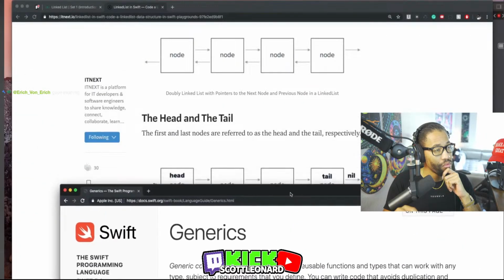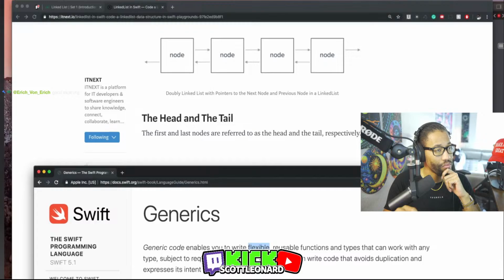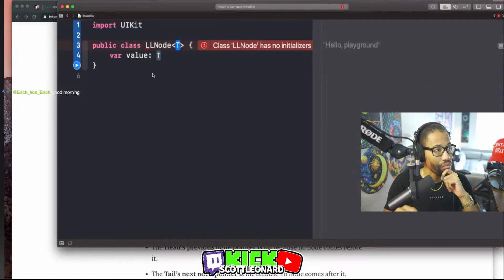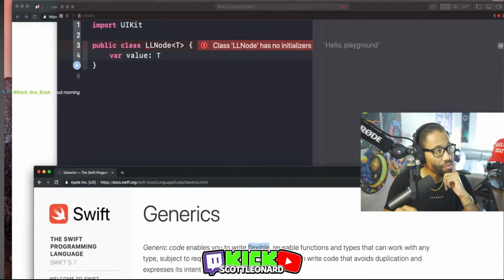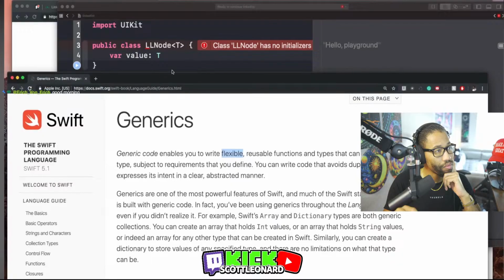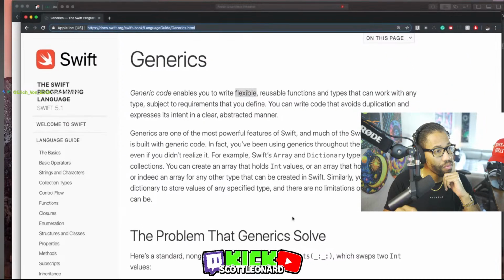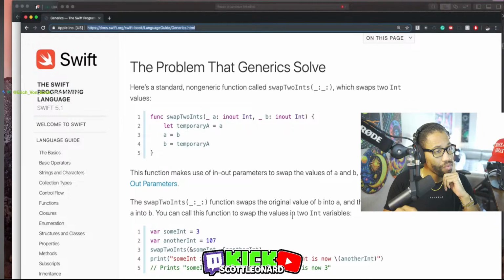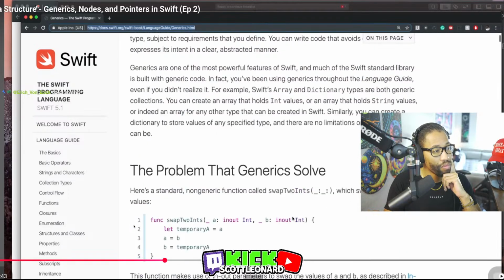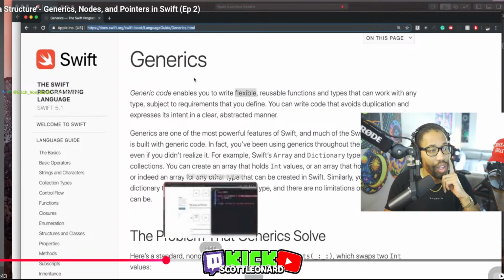Now, what is the purpose of generics in a linked list? Well, it's that we can create a linked list that doesn't take in one type, say a string or an integer. We're making it so that it can take in any type, and that's the exact purpose of generics. Okay, so don't worry too much about what generics are if you're absolutely confused. Go ahead and search my channel for generics. See if I have a video on that if you want to learn more about it. Like I said, this is not important.